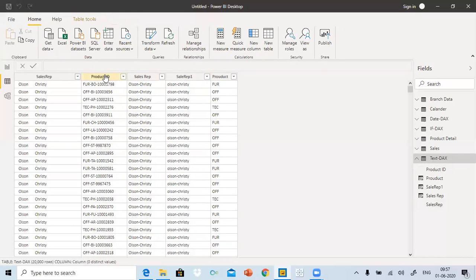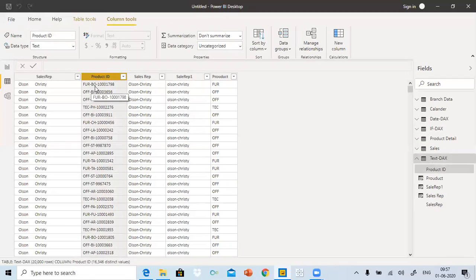Now, if I wanted to get this state name, which is coming in between in this product ID. So anytime you want to extract any characters or numbers from any product ID or number ID,